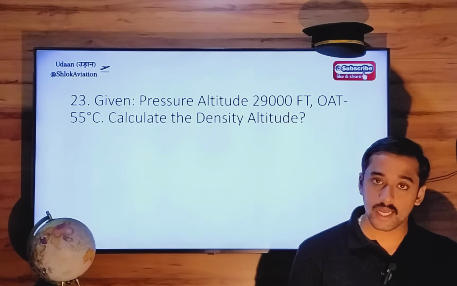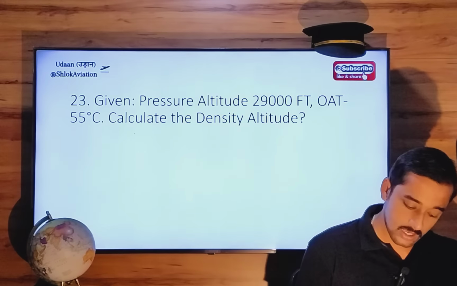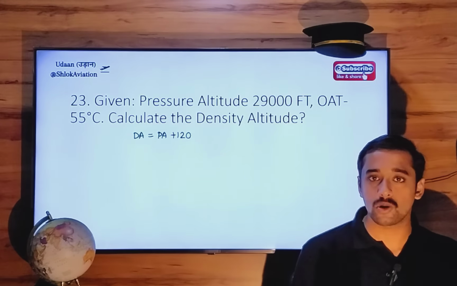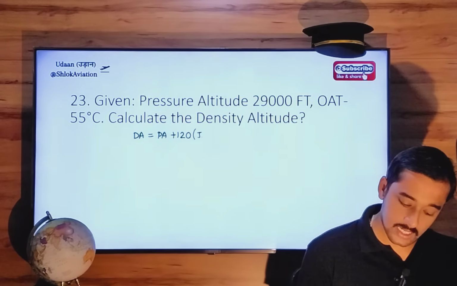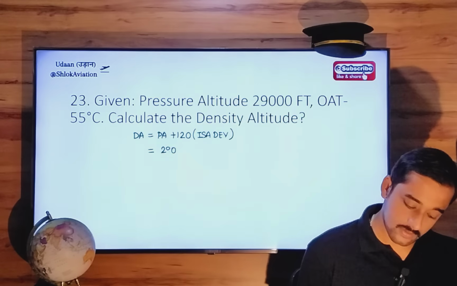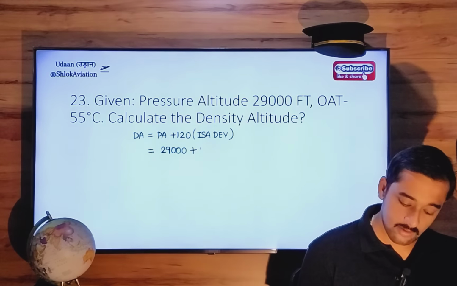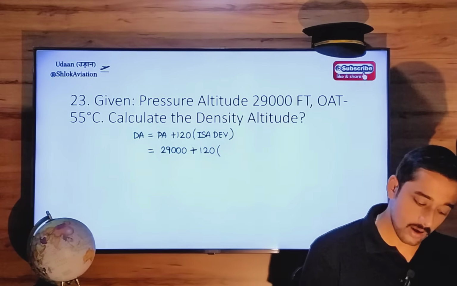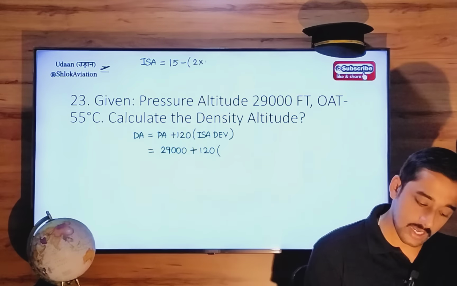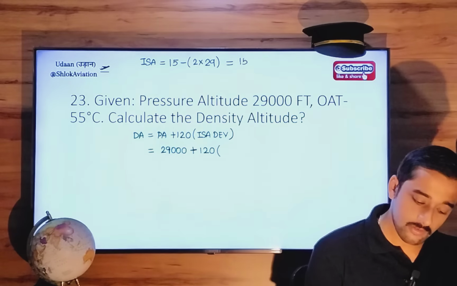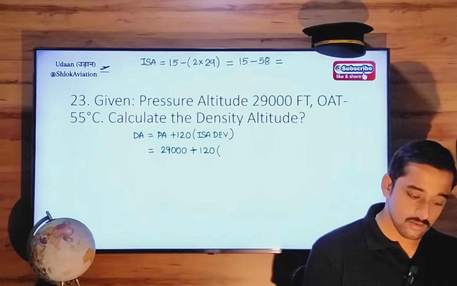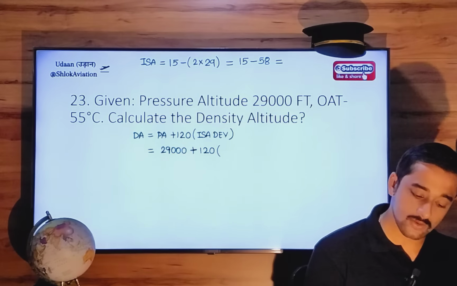Next, pressure altitude is 29,000, outside temperature minus 55. Now what is density altitude? It is pressure altitude plus 120, in some books it's given 118, into ISA deviation. This pressure altitude 29,000, ISA deviation at 29,000 feet. Now ISA temperature at 29,000 feet is 15 minus 2 into 29. 15 minus 2 into 29 is 58. 15 minus 58 is minus 43